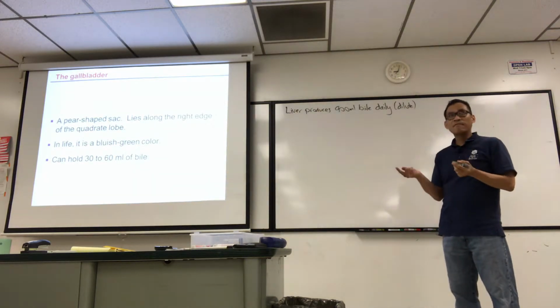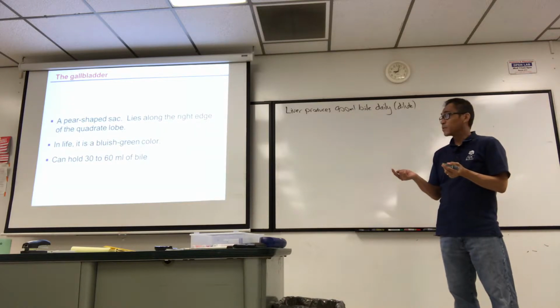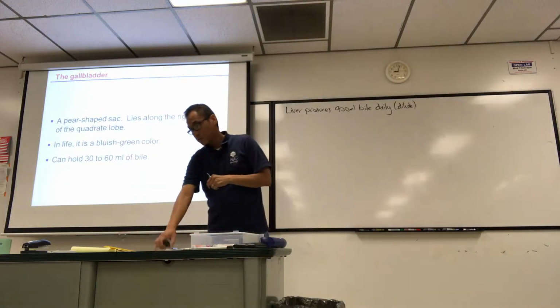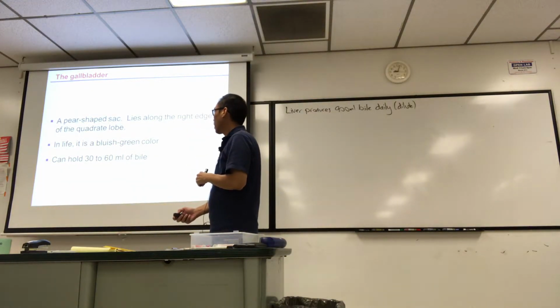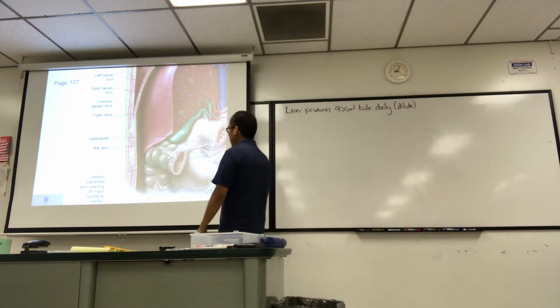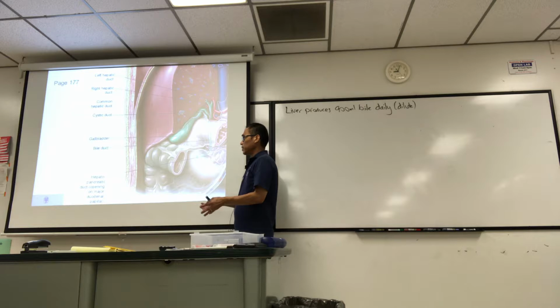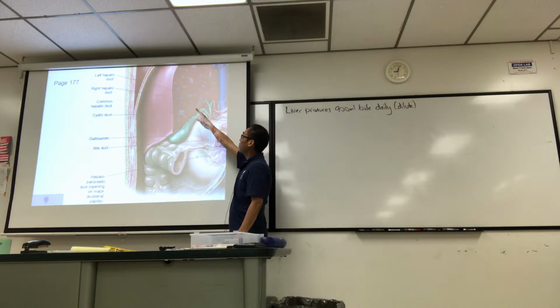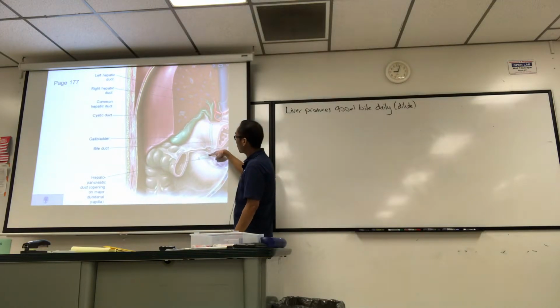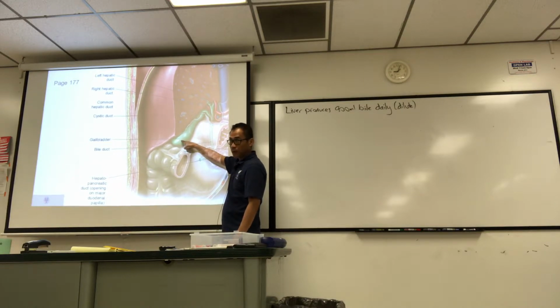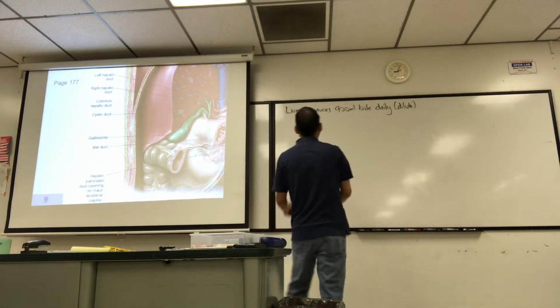So maybe about half of that is produced in between meals. And let's see if I can get a picture in here. When you're not eating in between meals, there's no CCK going on because you're not eating, nothing passing through here. So this sphincter will be shut. If you're producing bile and there's resistance there, you're going to just divert back into the gallbladder to be stored and concentrated. So about 450